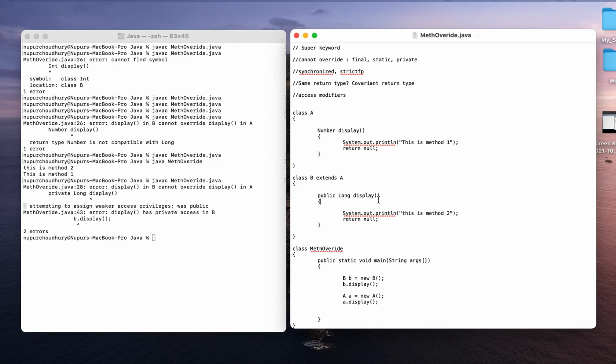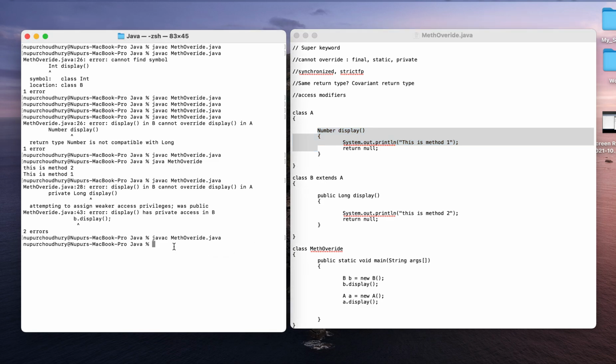So let me see if I am getting the error again. When I am executing this, I am getting no error because public is stronger than default. So that is why this method will be able to override this method. Now if I am executing this, I am getting the output.